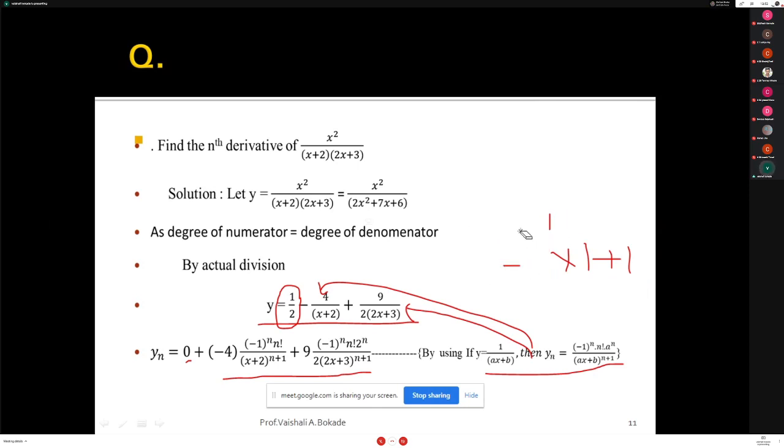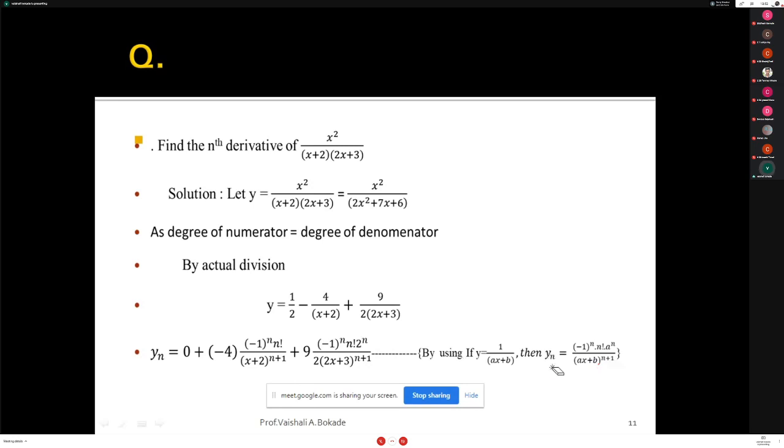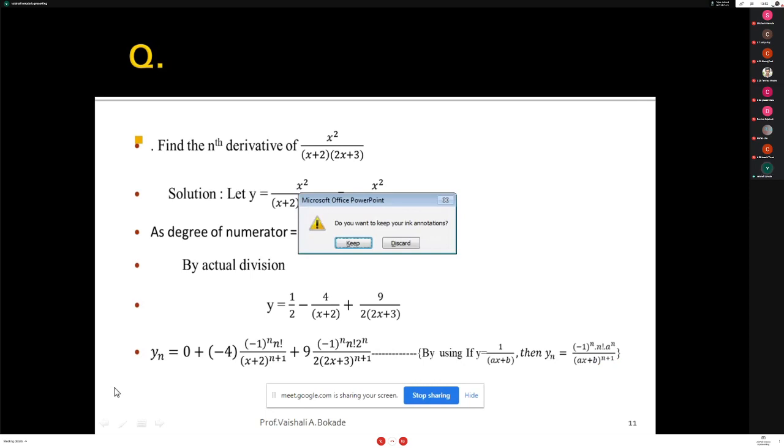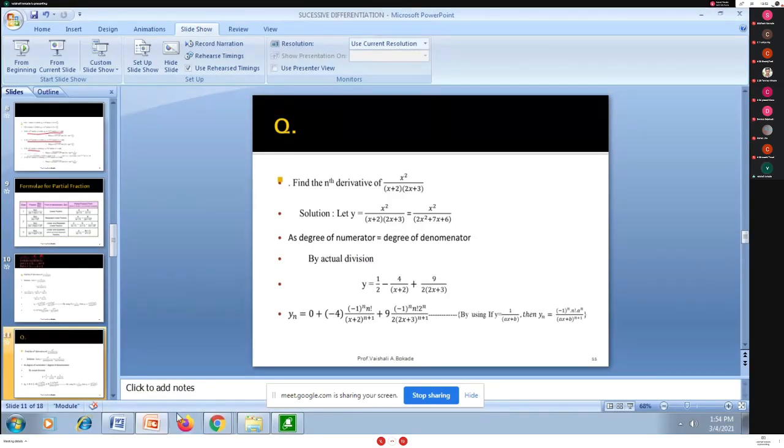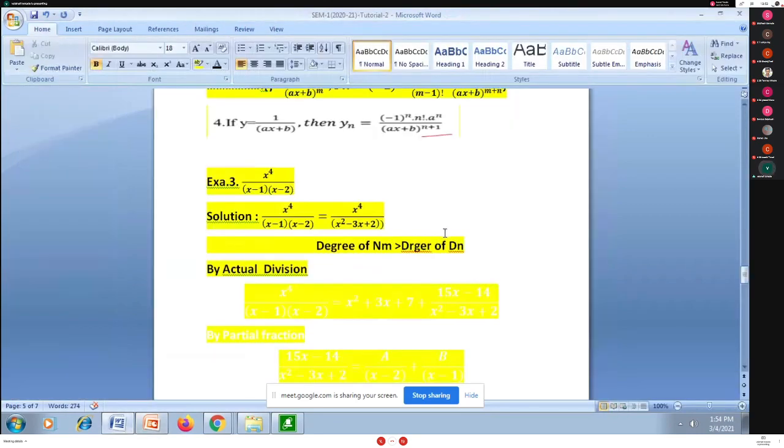And now I have to go for one of the examples that I want to tell you, x raised to 4, that example. Now I am just proceeding with that example. Also we are having degree of numerator greater than degree of denominator. So whenever I have the case of numerator upon denominator, and I find the terms are in algebraic form, and the degree of numerator is greater than degree of denominator, for this case again you can observe the degree of numerator is 4 and the degree of denominator is 2. So what will you go for?